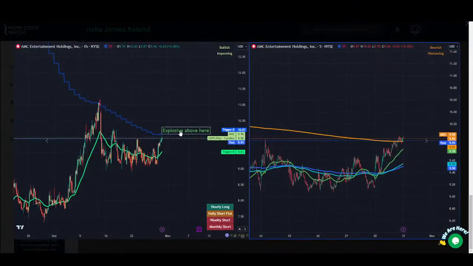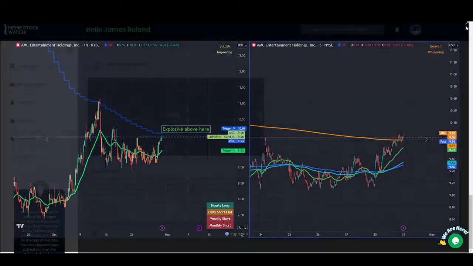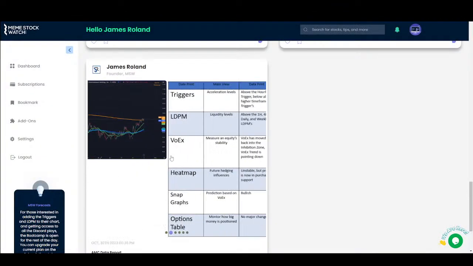So in the AMC report, explosive above the daily trigger, which was at 1007 yesterday. You also see price breaking above the weekly LDPM, and you can see this crossover that I spoke about before, 4-hour LDPM crossing above the daily LDPM and price moving up to the weekly trigger. So for AMC as well, all the snap graphs,